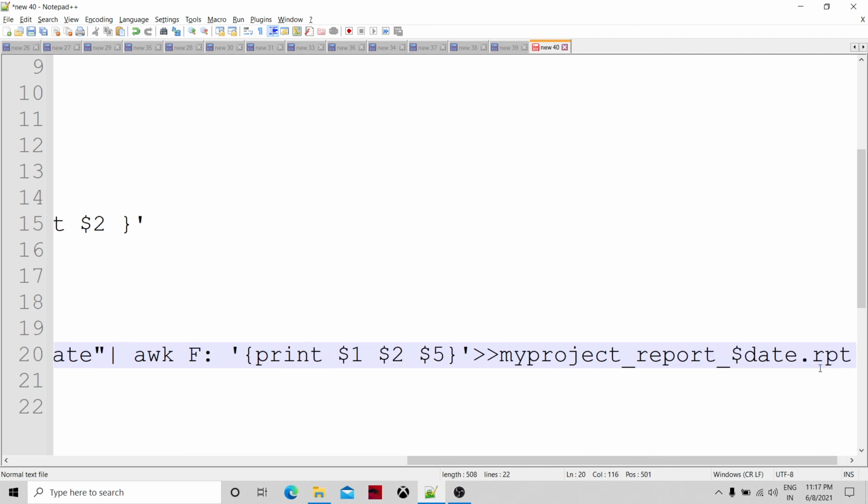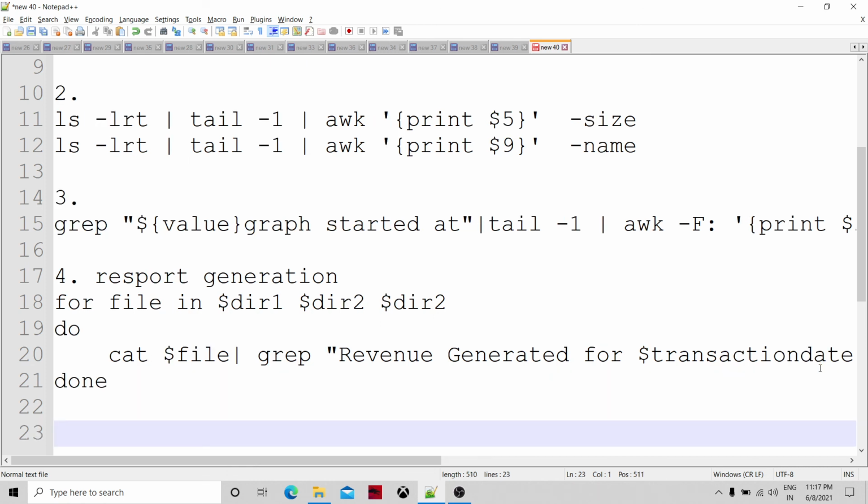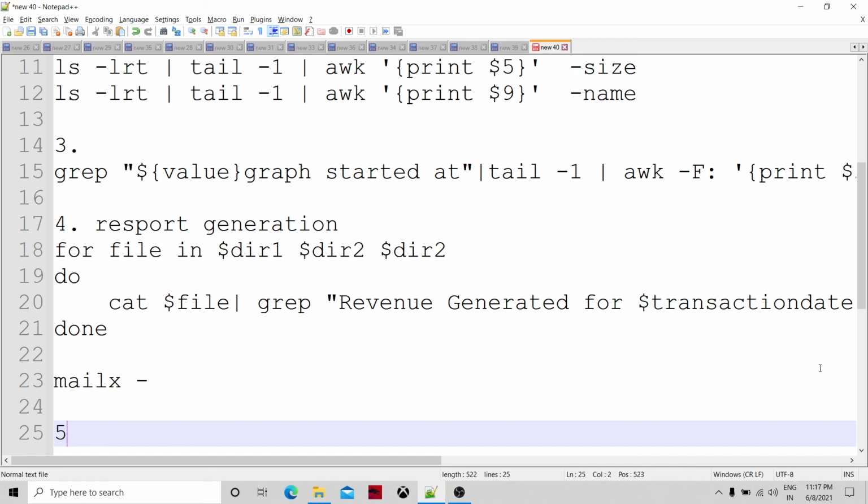After my for loop is finished, I can mail the file using the mailx command. I can use the subject line or whatever. So this could be one of the